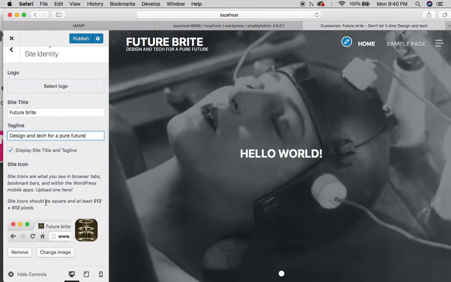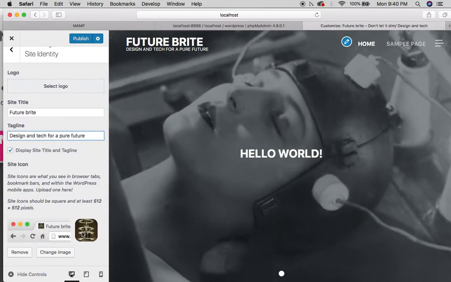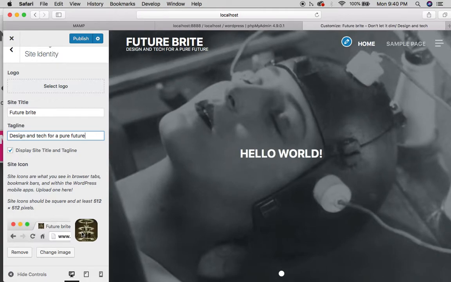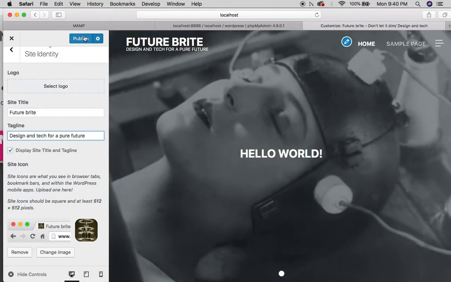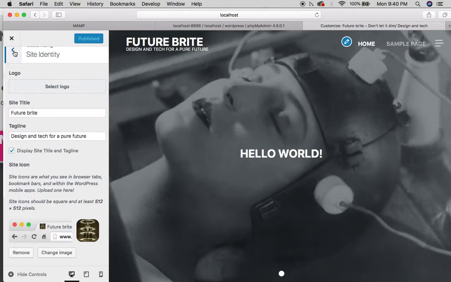I can select a site icon. It's like a favicon basically. I can create an image for that. And if I like my changes, I can publish it. And I can go back,